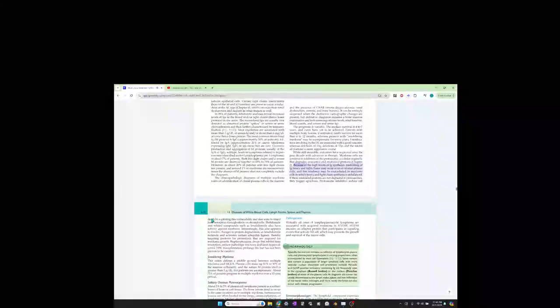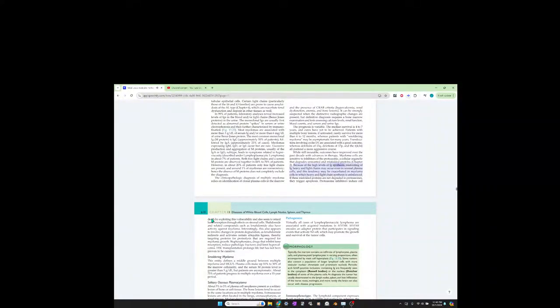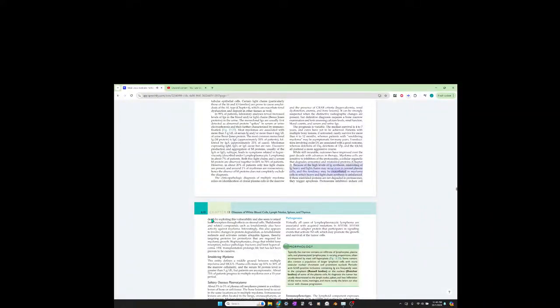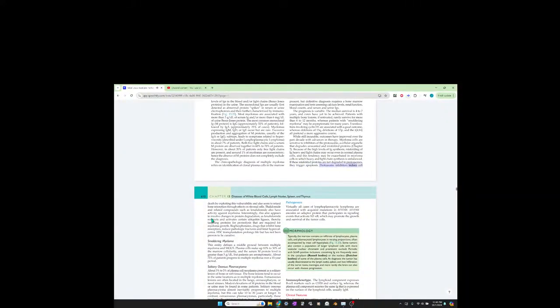Myeloma cells are sensitive to inhibitors of the proteasome, a cellular organelle that degrades unwanted and misfolded proteins. Because of the high levels of Ig synthesis, misfolding of Ig heavy and light chains may occur even in normal plasma cells. And this tendency may be exacerbated in myeloma cells in which heavy and light chain synthesis is unbalanced. If these misfolded proteins are not degraded in proteasomes, they trigger apoptosis. Proteasome inhibitors induce cell